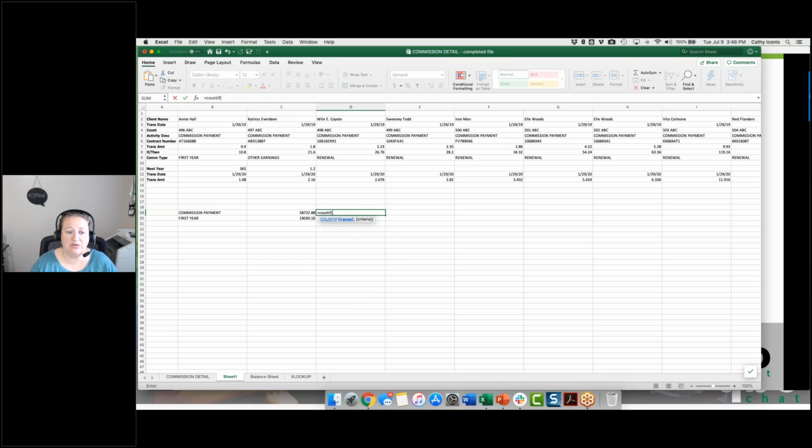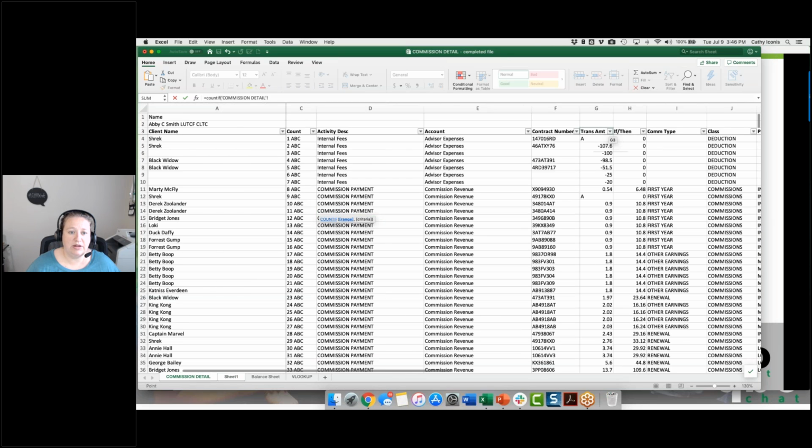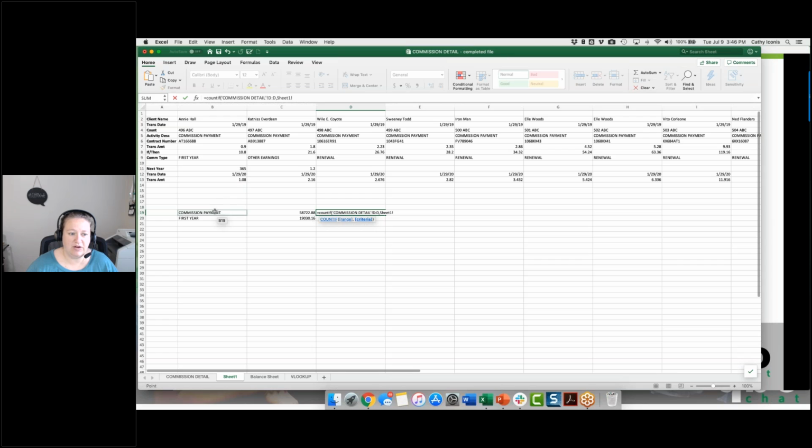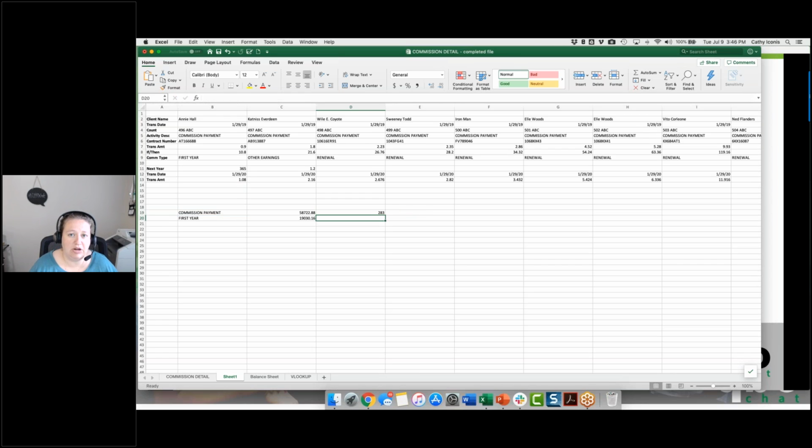Okay, so we can do COUNTIF, count how many commission payments I have. So I can come over here, click this. Every time it says commission payment, again, I'm going to reference that cell, close it. There's 283 commission payments in there. Cool. What if I want to do multiple criteria? Same thing, COUNTIFS. You just put the S at the end, and you can have as many